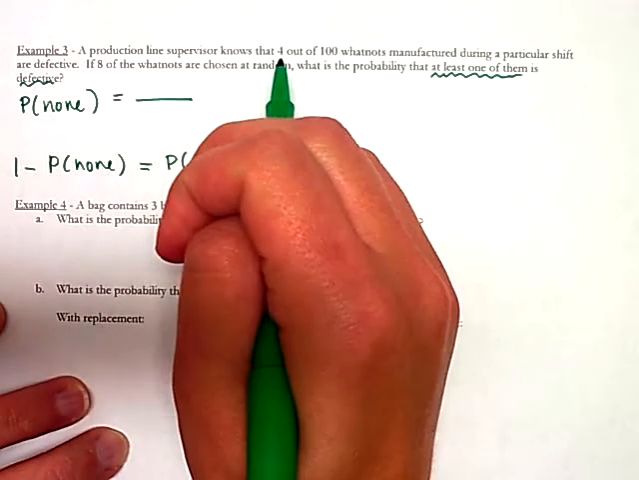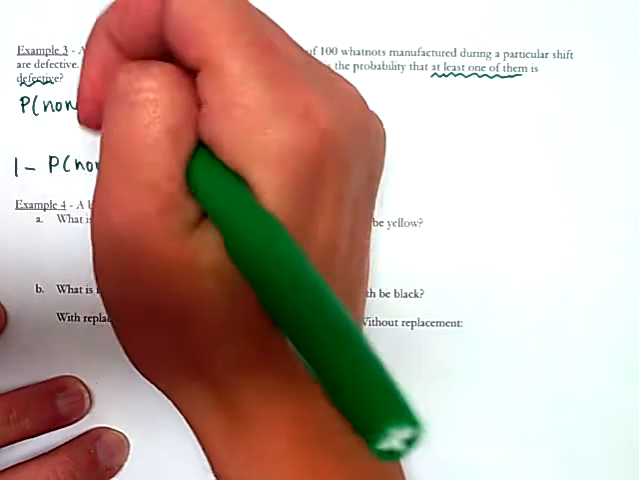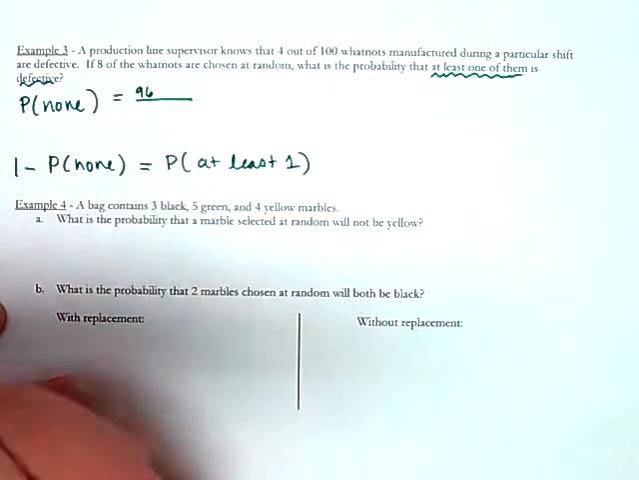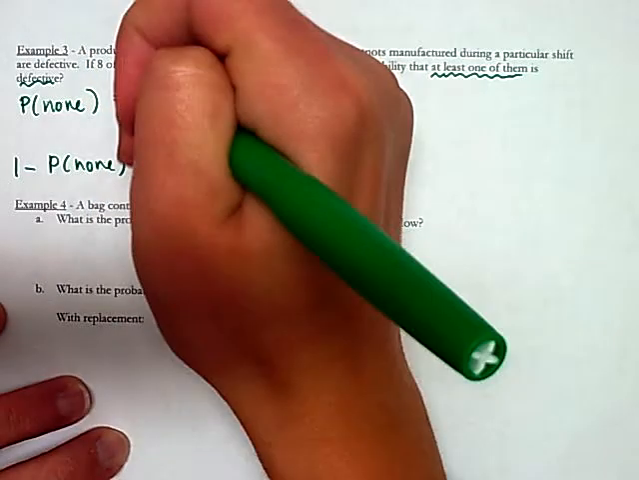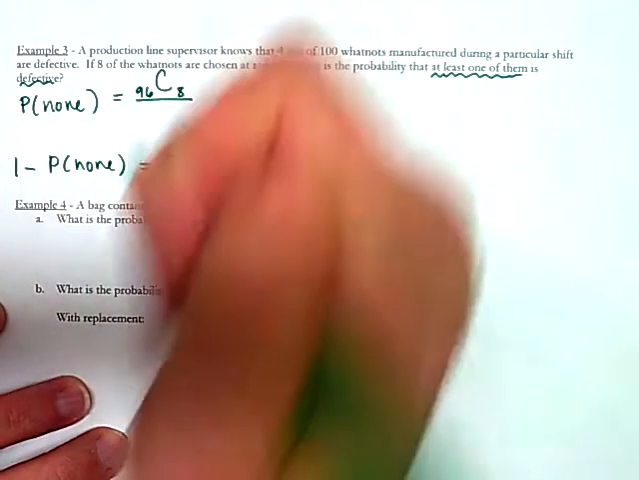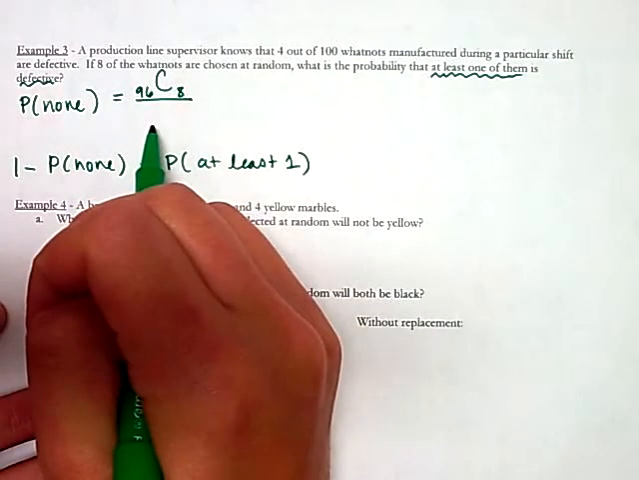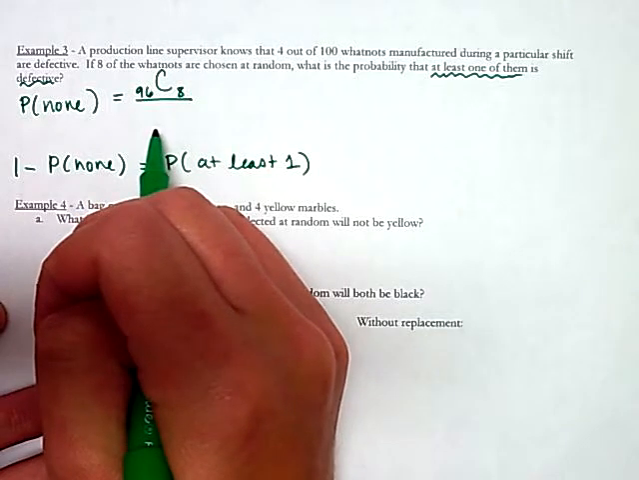So if 4 are defective out of 100, that means that 96 aren't. I'm wondering how many different ways are there, given 96 non-defective ones, to pick 8 of them? And order doesn't matter, so I'm doing a combination, not a permutation. So 96C8 should tell me the total number of ways to pick 8 non-defective ones. And then it should be out of the total number of ways to pick 8 whatnots. So that would be